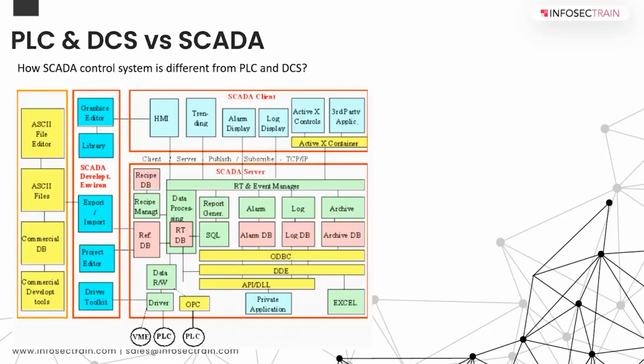So coming to this slide, PLC and DCS versus SCADA. I'm not going to go into too much detail. Sometimes there is always a confusion. When you see all the details in an HMI, people equate HMI to SCADA. No, HMI is just a screen, just an interface between the human and the machine for all the live data.